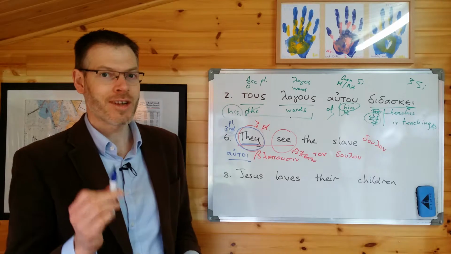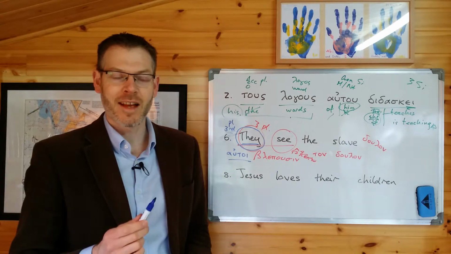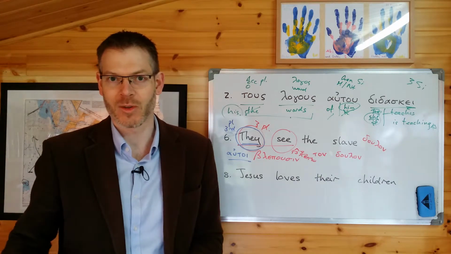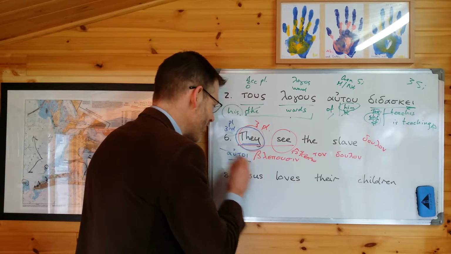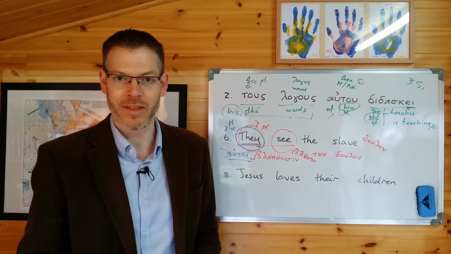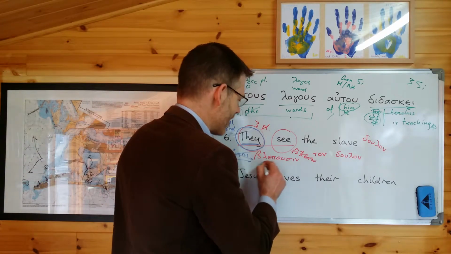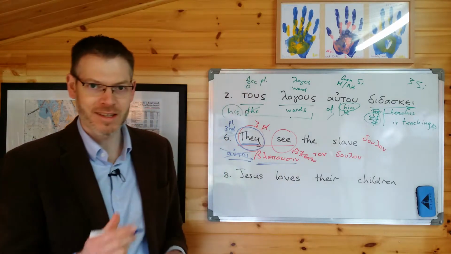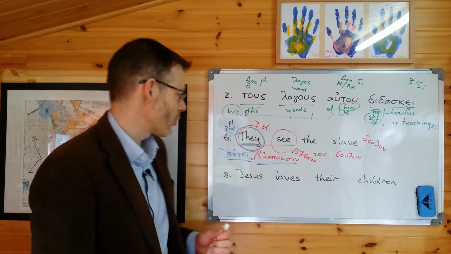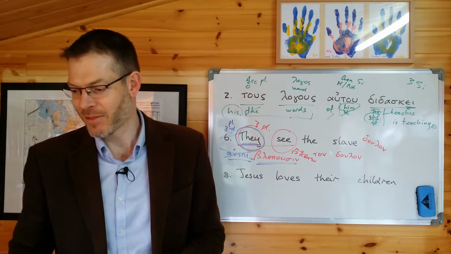And of course you don't need to do that. The third person pronoun is only used in the nominative case for emphasis and for other reasons which we'll come to later in the book. At this stage, do not use it just to articulate the subject of a verb when the subject is he or she or it, because the subject of the verb, they see, is already built into the verb itself. So a little reminder, that's why this one is here. And if you wrote autoi blepousin ton doulon, then you're wrong, because that's not how you translate they see the slave.